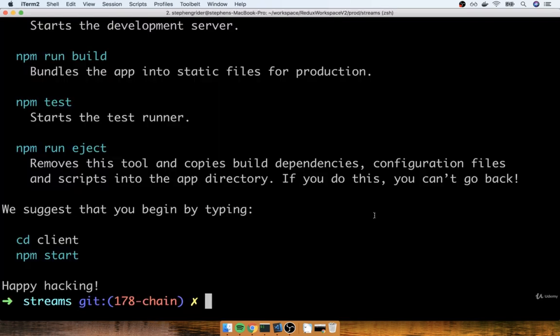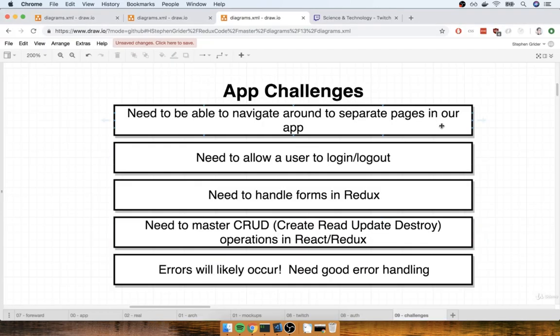So let's take a quick pause right here. It looks like my install is completed. When we come back in the next video, we're going to start talking about our big first topic right here, handling navigation. Well, actually, you know what? I take that back. We're going to do a little bit of quick setup, and then we'll start talking about navigation. So quick pause, and I'll see you in just a minute.